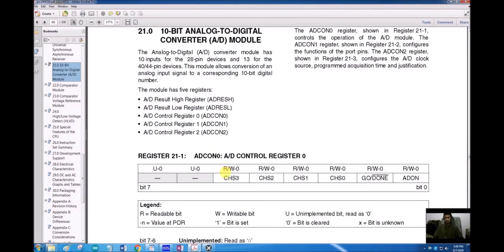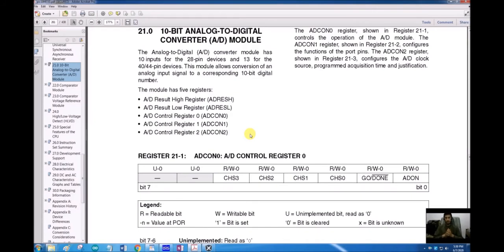For example, if we have an analog value of 0 to 5 and we have an ADC of 8 bit, the value will be converted from that 0 to 5 analog value to a digital value of 0 to 255. So 0 in digital will represent 0 in analog, and 255 in digital will represent 5 in analog, and 128 in digital will represent 2.5 volts in analog.